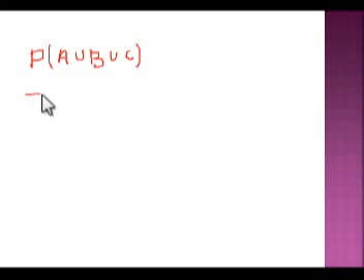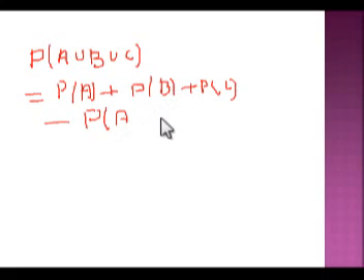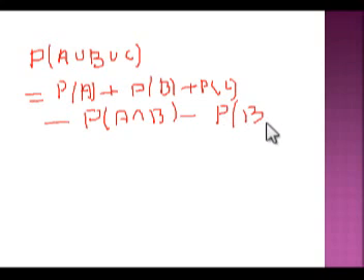As we know from set theory, it will be probability of A plus probability of B plus probability of C, minus probability of A intersection B, minus probability of B intersection C, minus probability of A intersection C,